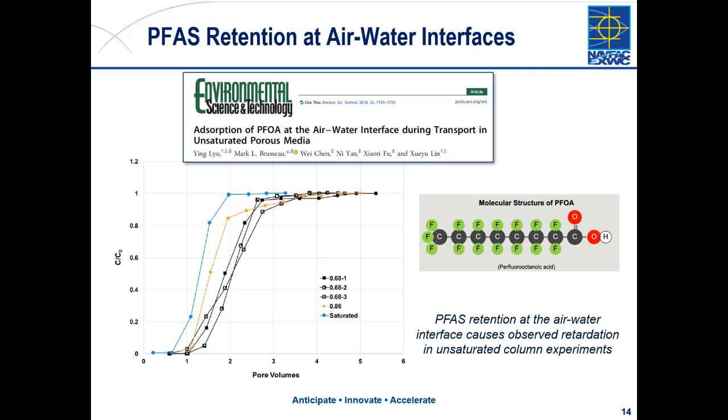What's interesting with this process, though, is that the air-water interfacial area can change, right? When things are very dry, you can have a high air-water interfacial area and a lot of accumulation there. And when things are very wet, that tends to decrease. The other notable thing is that for very long chain compounds like PFOS, they have this very hydrophobic tail. You'll get a lot more accumulation of PFOS at the air-water interface than you will of a shorter chain compound like PFBS or PFPeS.